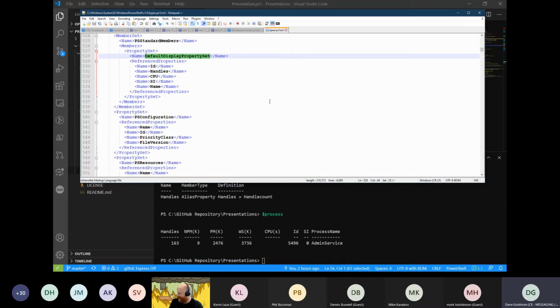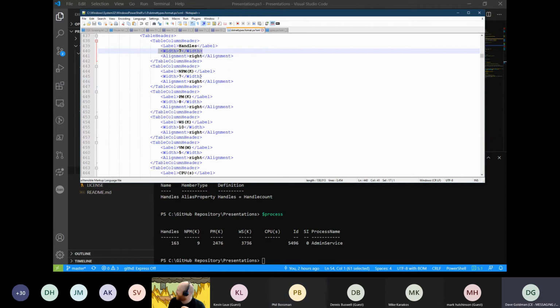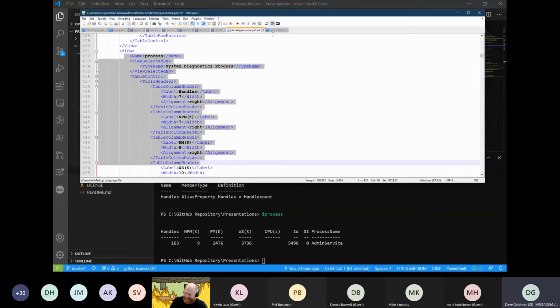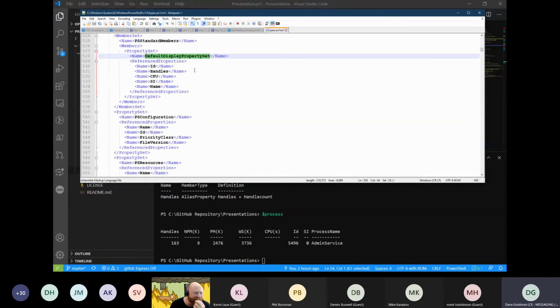And when I ask for Get-Process, what would happen is that PowerShell will go through the selection process and say, okay, is there a formatted view? Oh, no, this stuff doesn't exist. Then it will look for a fallback and say, is there just a default that I can display? And in here, we've referenced just these. So in that case, without the view, PowerShell is going to be instructed to display just the defaults that it was told about.